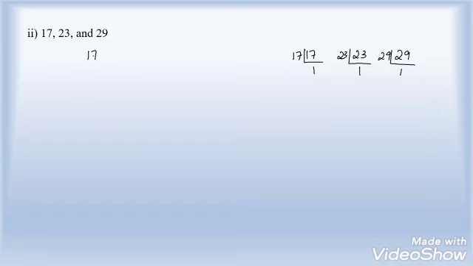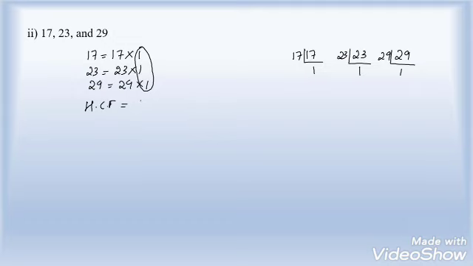So writing down the prime factors for 17 is 17 and 1. Again for 23 the factors are itself and 1. For 29 again it is itself and 1. So the HCF for this will be, what is common in between all the three integers? We can say 1 is common, right? Because there is no other integer that is common. So HCF for any prime numbers will be 1. Then LCM is nothing but the product of all these uncommon factors, that is 17 into 23 into 29.